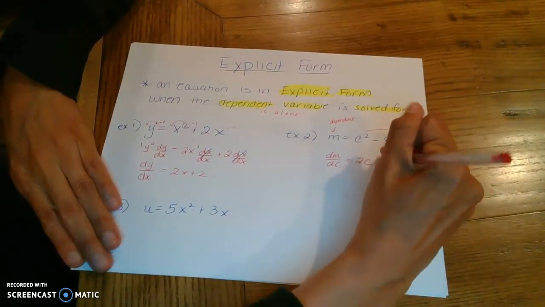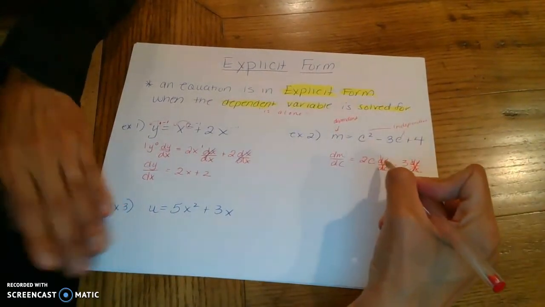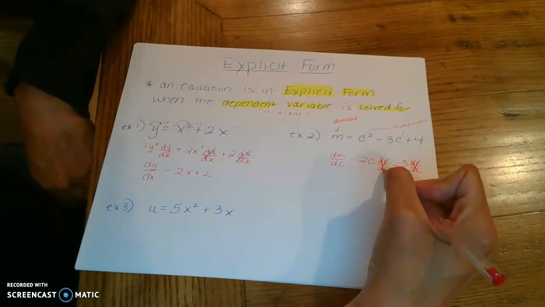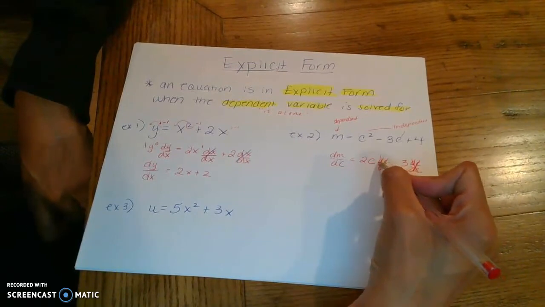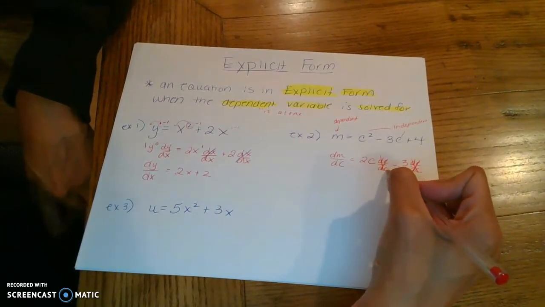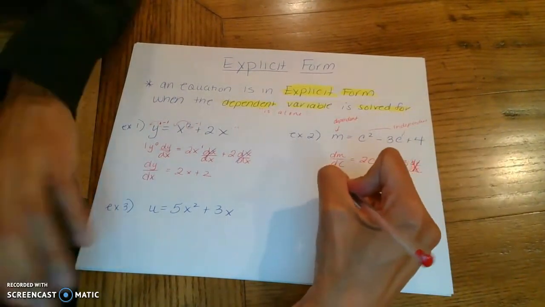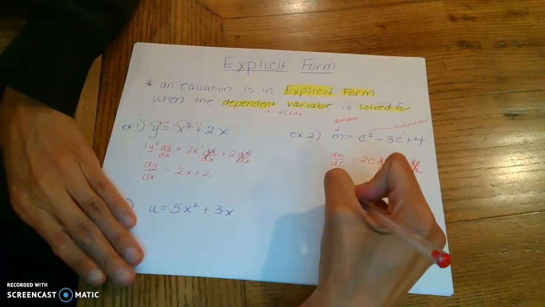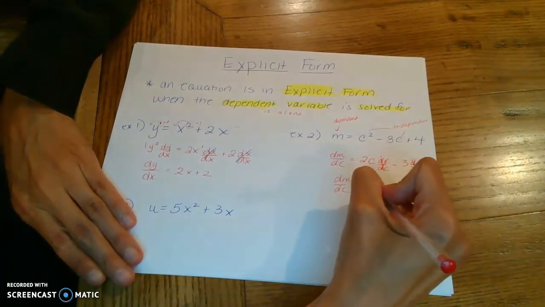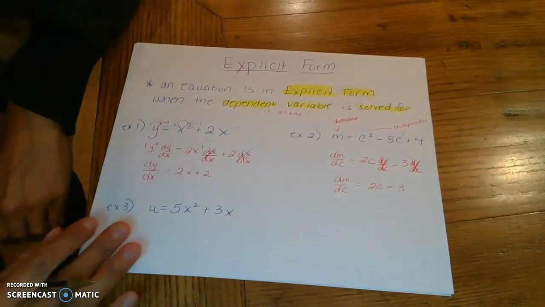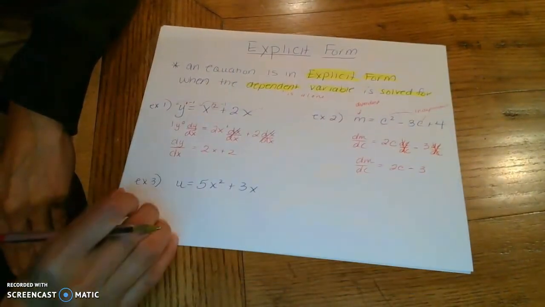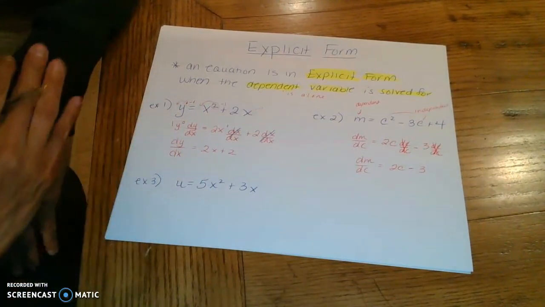This is not necessary and sometimes can be confusing, but the reason why I'm letting you know is for the teaching point: when you take the derivative, it's always the derivative of that variable with respect to the independent. So in this case, this becomes dm/dc is equal to 2c minus 3. Okay? All right, so now we look here, and again, all of these were under the category